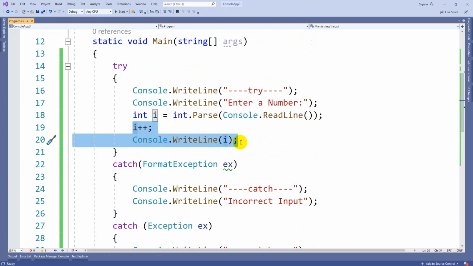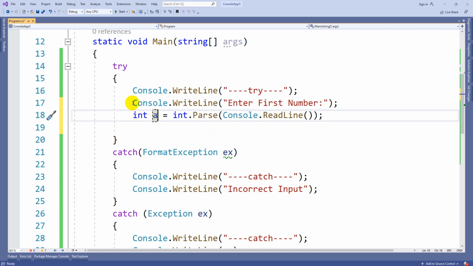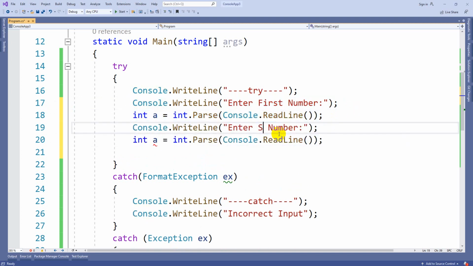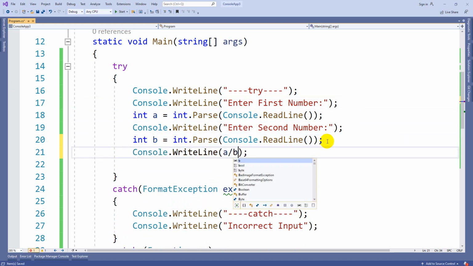Now one more example. A simple division program: enter the first number, let's store it in A; enter the second number, let's store it in B. Now I am trying to print Console.WriteLine A by B. Maybe you feel there is no error at all, correct?